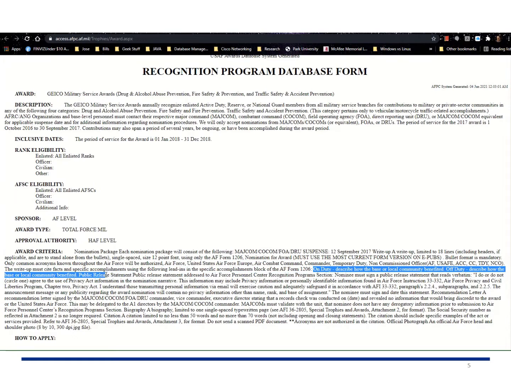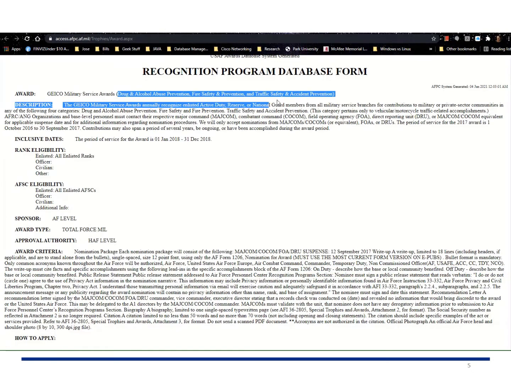In this case, you need to be able to describe how the local or base community was benefited by the members' actions on and off duty, and how that is related to drug and alcohol abuse prevention, fire safety and prevention, and traffic safety and accident prevention.